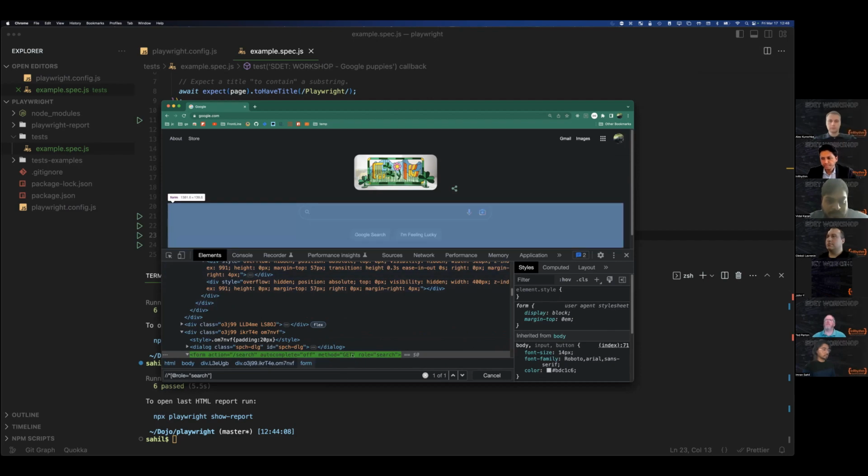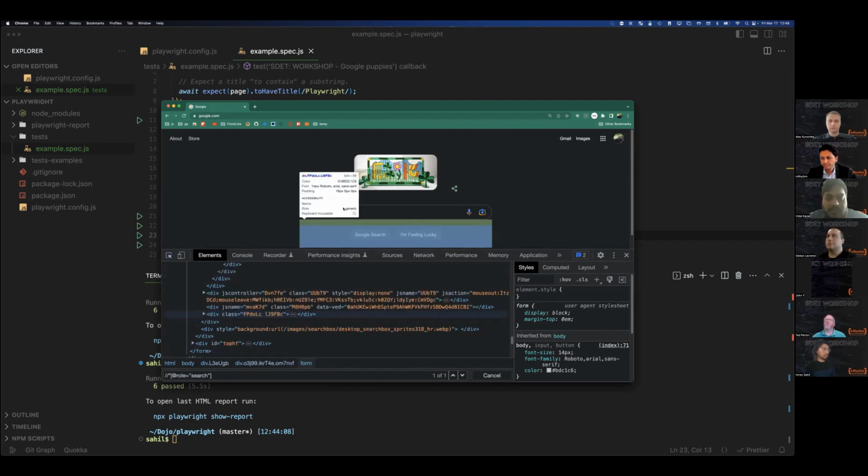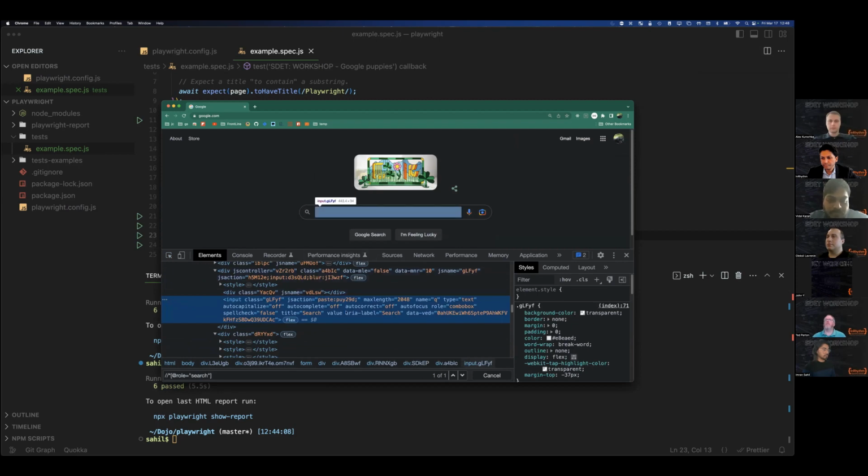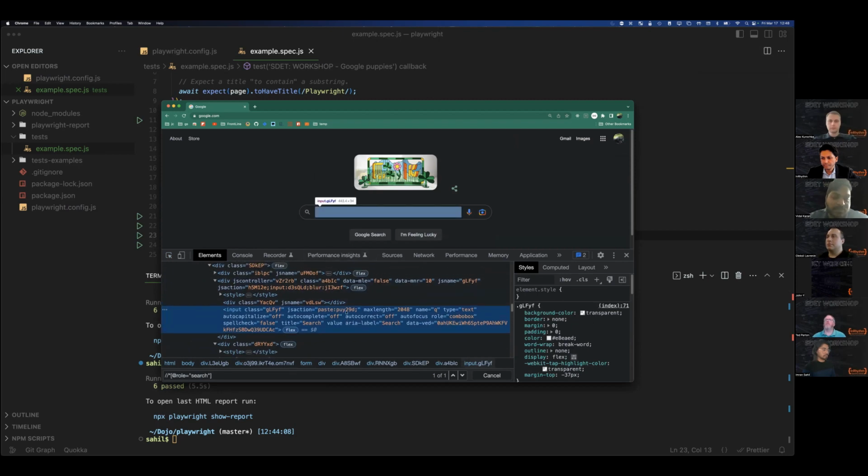Yeah, there we go. Title search, it's title. So let's do it by title. I'm not getting any XPath with title. However, we could also try type text.